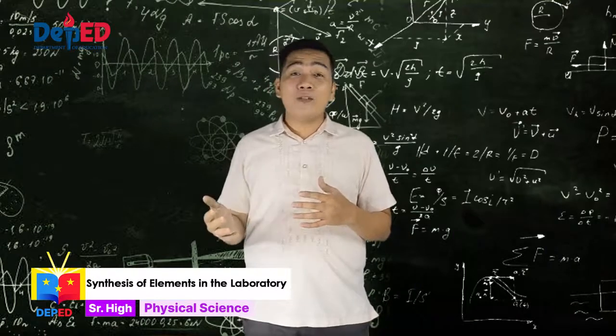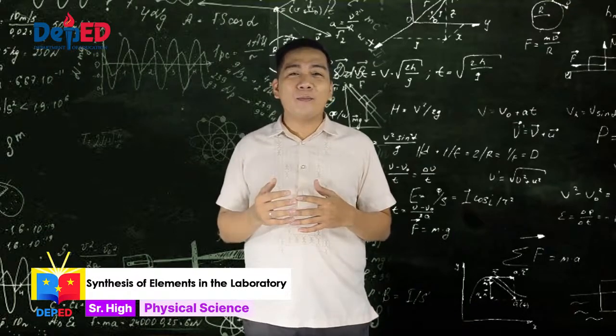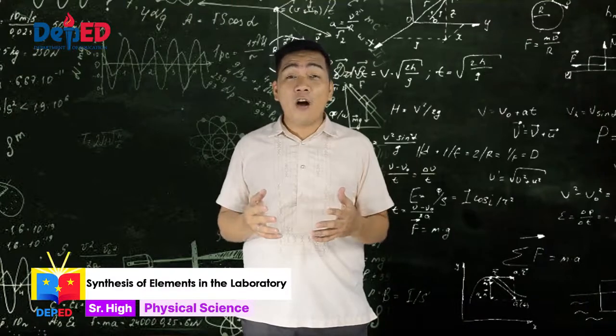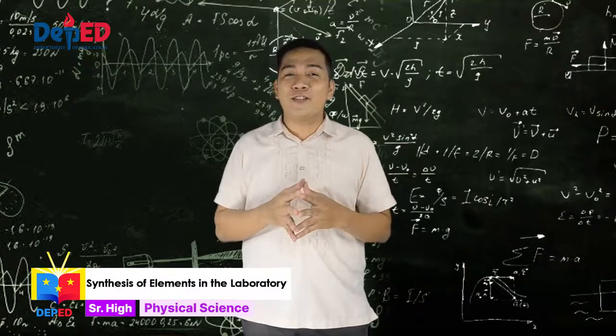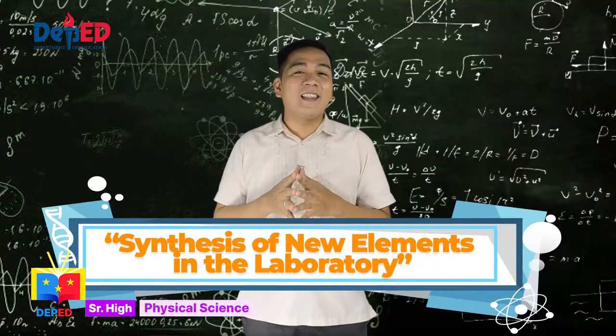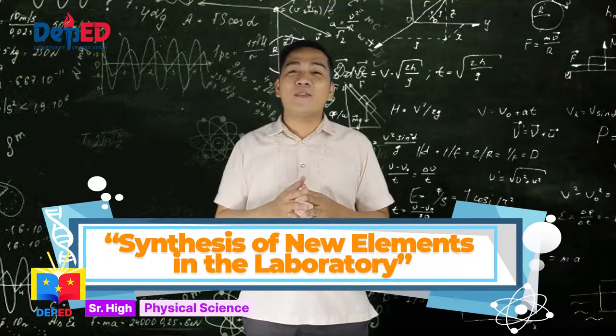In our previous episode, we learned how the elements were formed in extremely hot environments like the early universe, the core of the stars, supernova, and collision of neutron stars. Today, we will discover how the elements are synthesized in the laboratory and how the concept of atomic number led